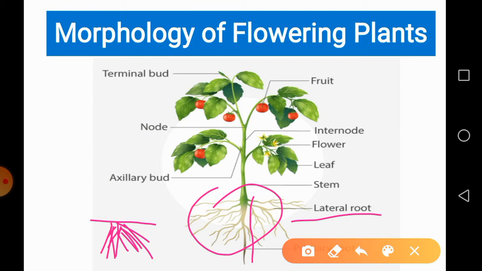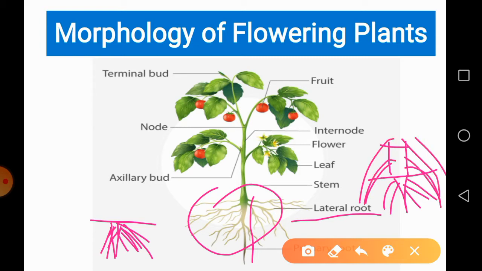The third one is the adventitious root system, which is similar to the fibrous root system, but with only one difference. Roots do not emerge only from one point; instead they arise from any plant part such as the internodes and nodes. So not only from the main primary root, you get roots from the nodal region as well as the internodal region. Such a root system is called an adventitious root system. You can also observe this type of system in monocotyledonous plants.